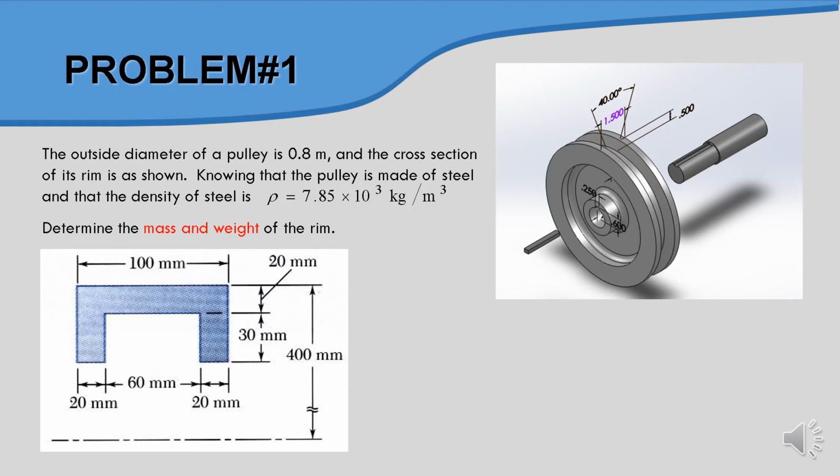So in this case, we have the dimension of the pulley in cross-sectional area. We have 100 mm, and then we have 50 mm, and then we have 20, 20, and we have 30. So this diagram basically refers to the x-axis of this line, whereby this line to the x-axis is 400 mm.